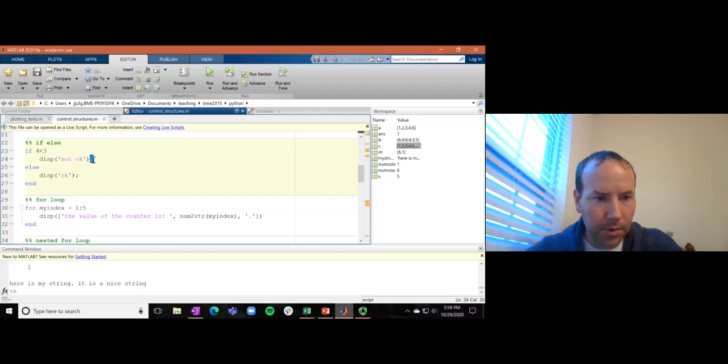Those are optional things at the end of the line, and if you remove them, then it's going to display the content of what happened in that command. So usually you want to suppress that, and so you use these semicolons on the end of each of these lines. So if I just run this little section and advance,